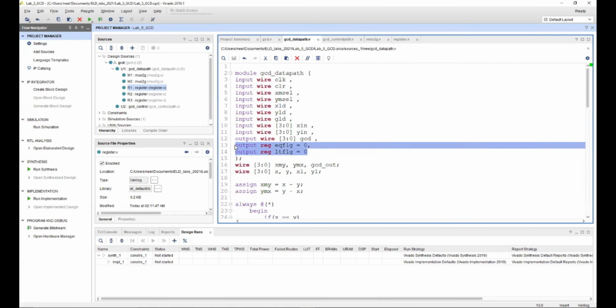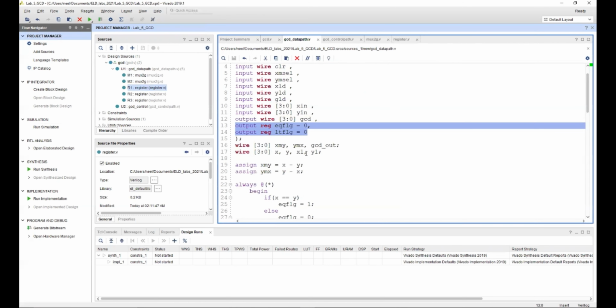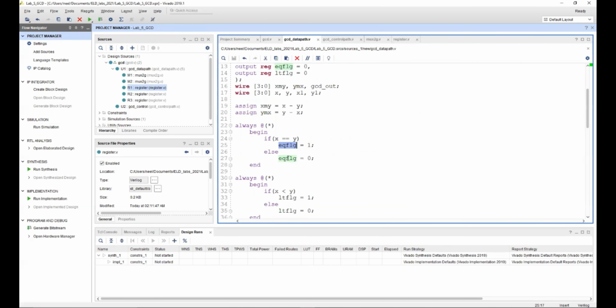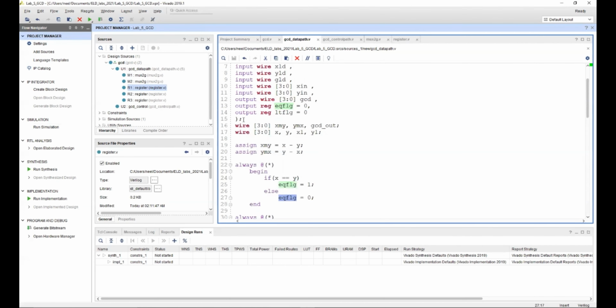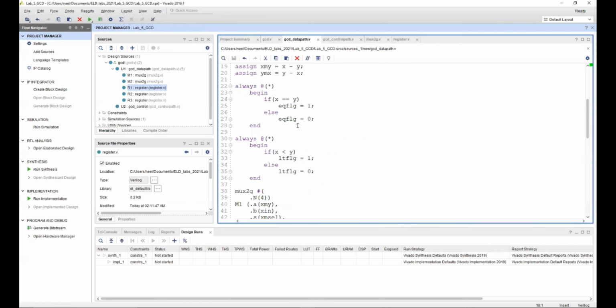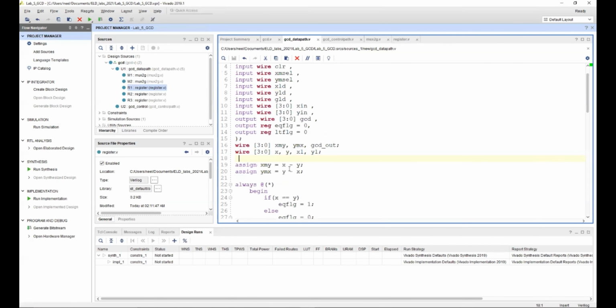These 2 variables are only used because I wanted to debug the code. This is why I used them. You can easily comment them out. But make sure when you comment them out, that we're making use of these variables over here. So make sure that you make a wire or make a register. Don't make a wire, because this is on the right hand side. So make a register and use that register whenever you make the calculation.